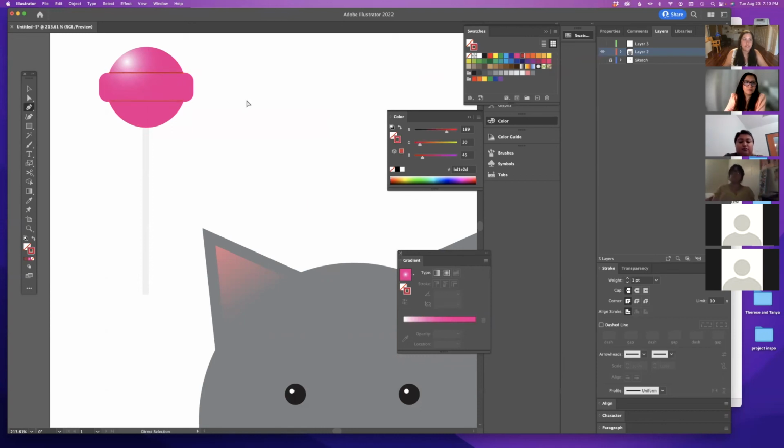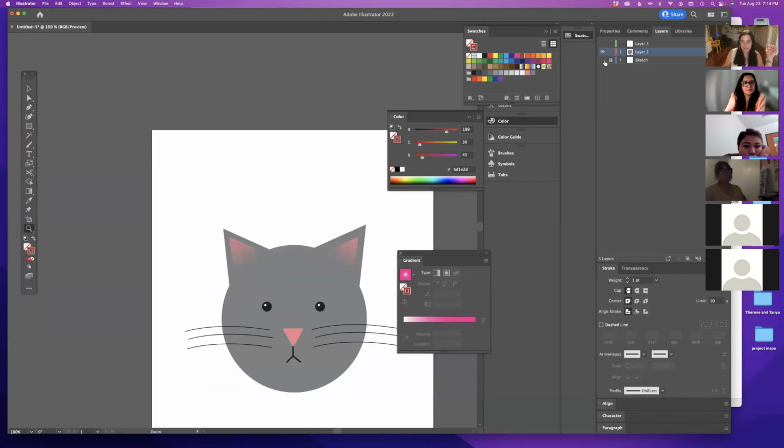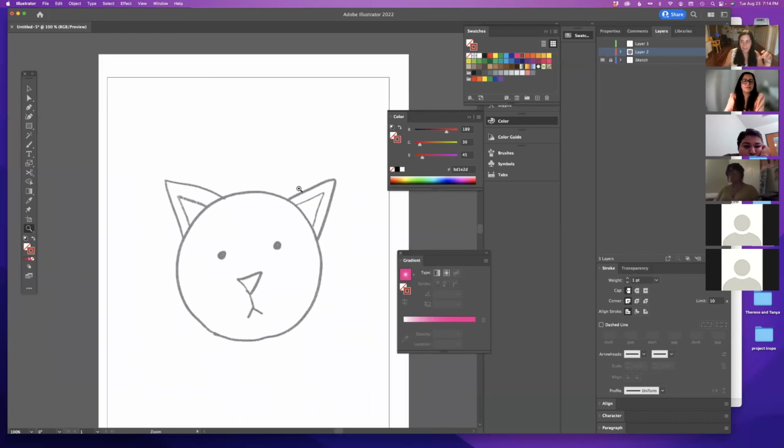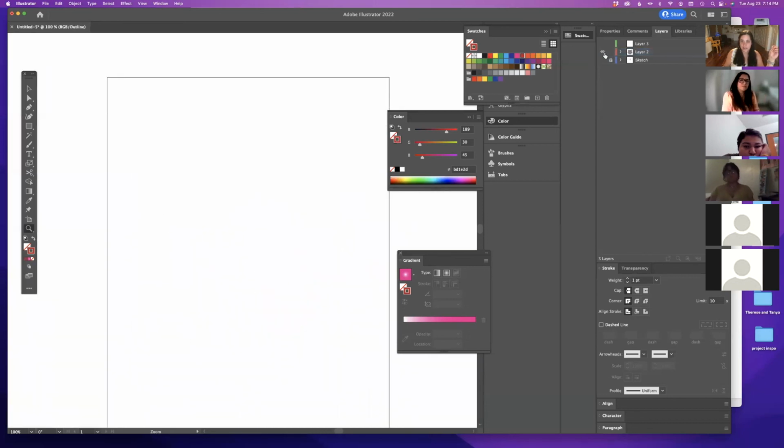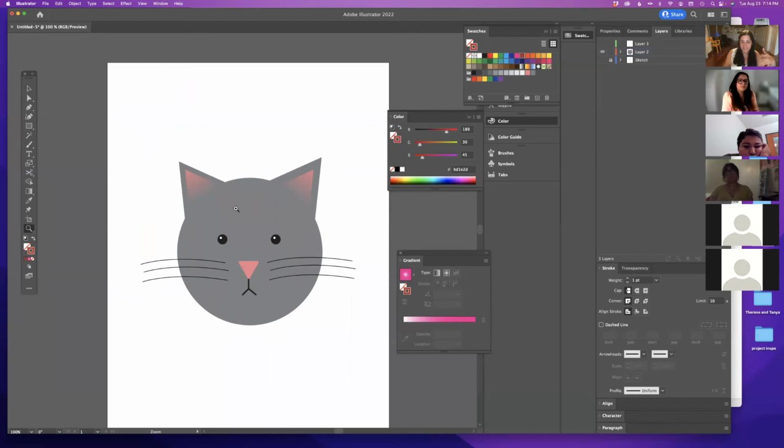Just decide what you want the object to look like and kind of play around with it like that. But see how easy it is to create depth and start making something that was a super basic shape, and then just adding a little dimension and turning it into something that looks like an actual drawing, like a digital drawing that you did.